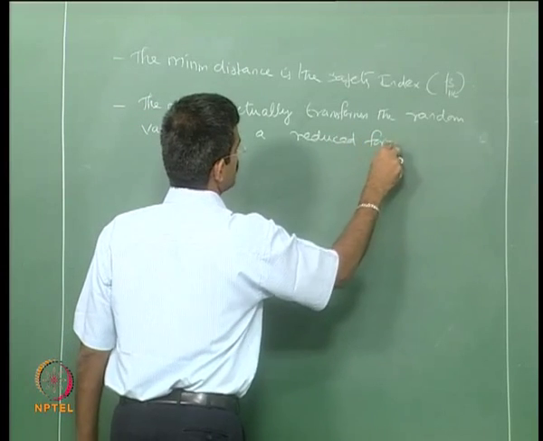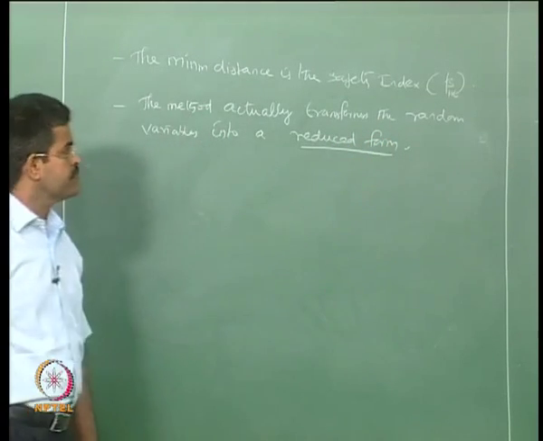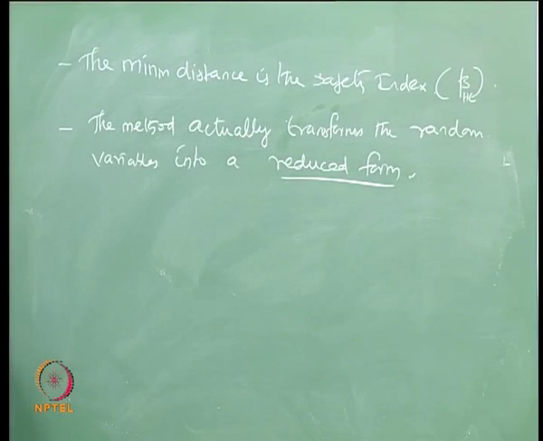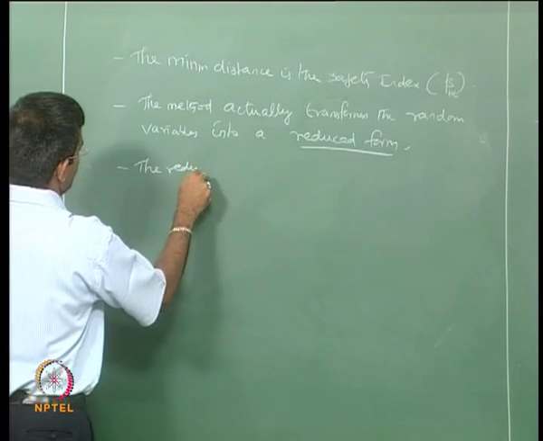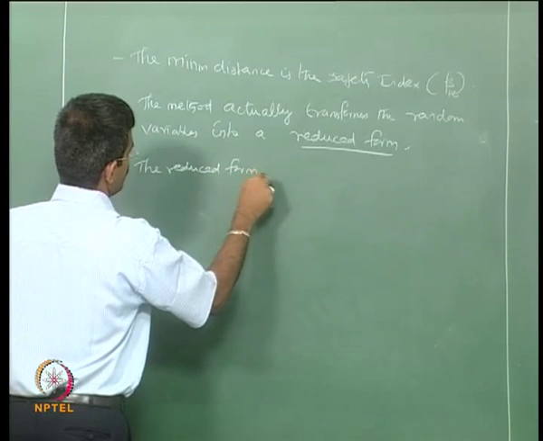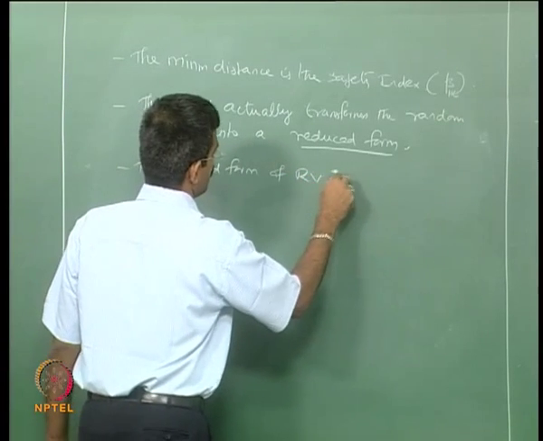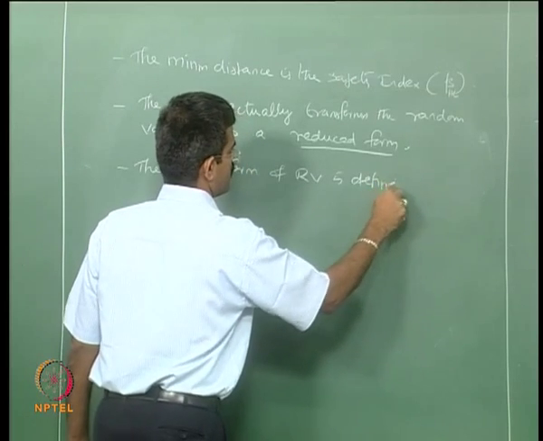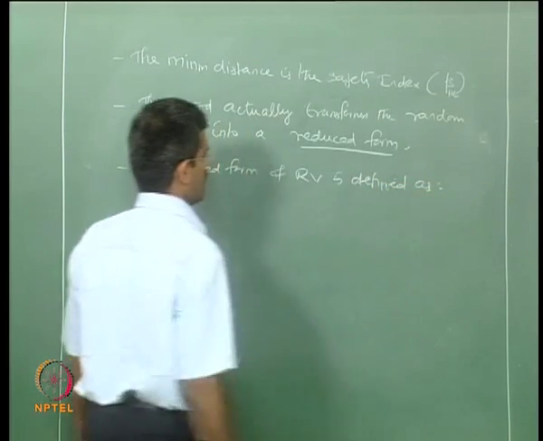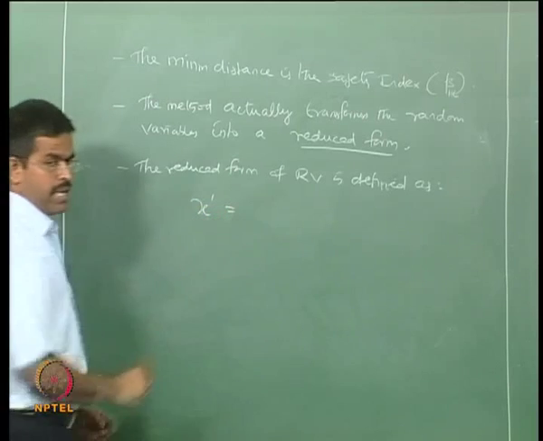I will come to that, what is a reduced form. The reduced form of a random variable is defined as x dash